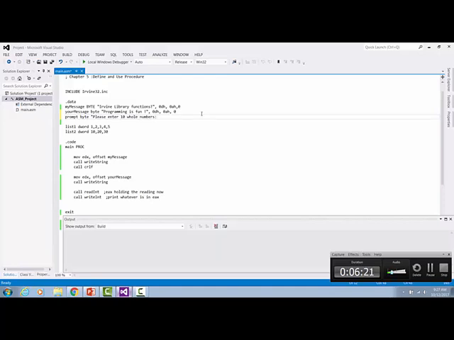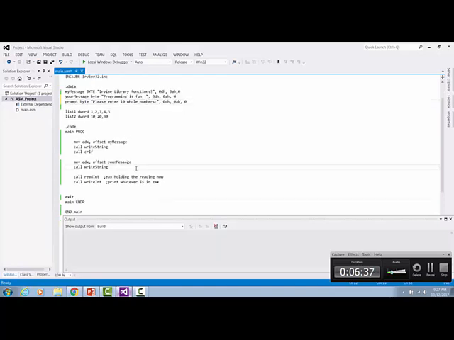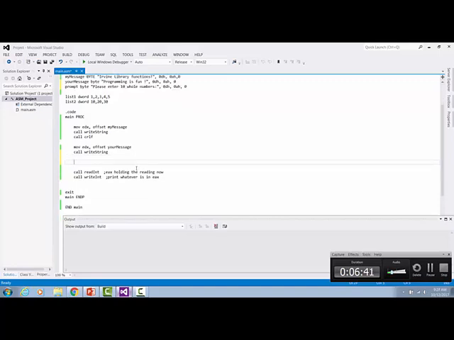So I'm going to ask a user to enter 10 whole numbers, 0DH, 0AH, blank line, then null. So this is my prompt. Here, let me modify this to have